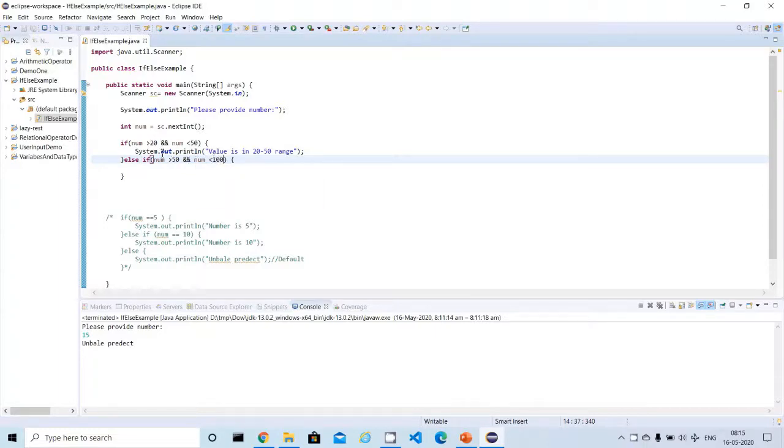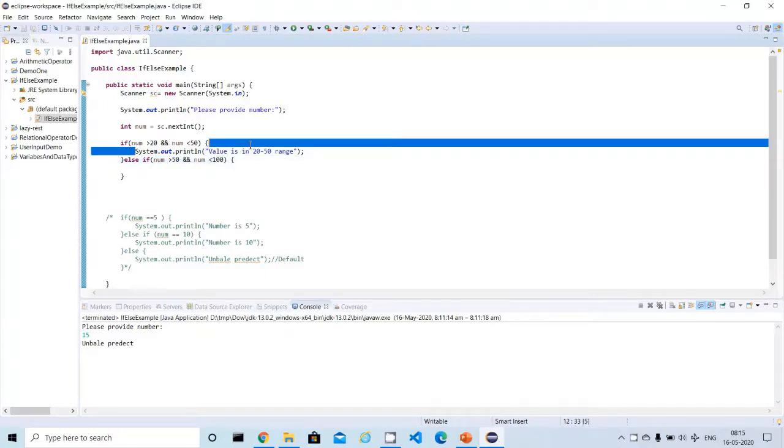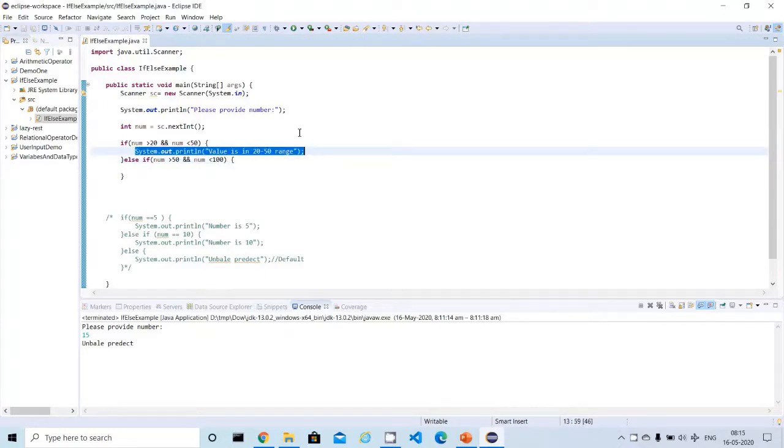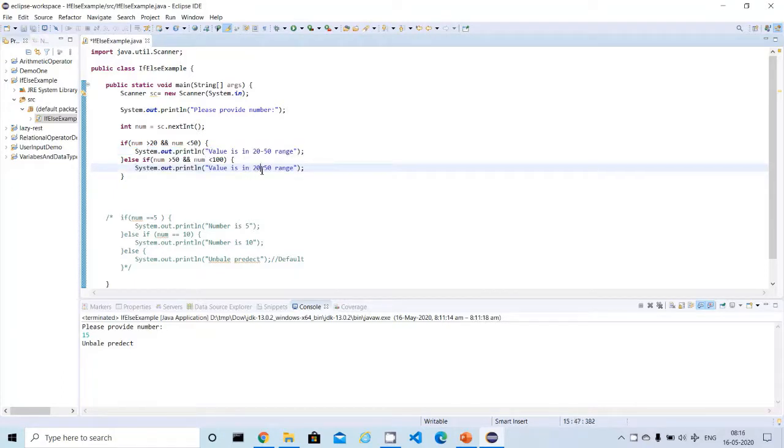So I'm going to check another boundary condition over here. If it is satisfied, I'm going to display the value is in 50 to 100 range. So this is the secondary boundary check I have written.